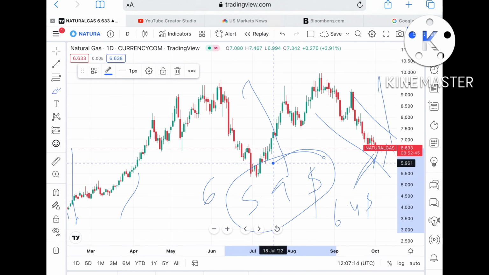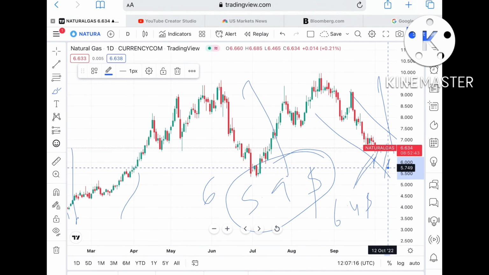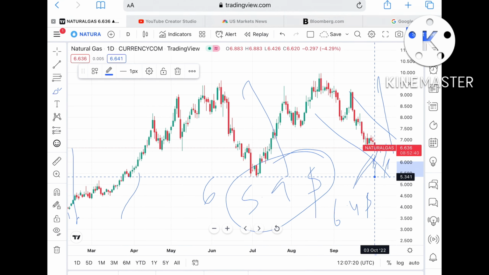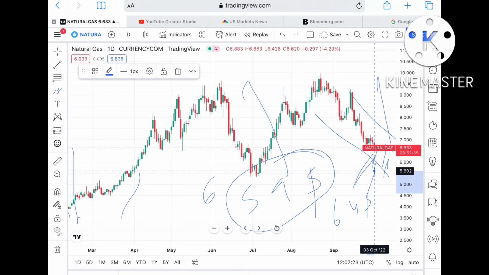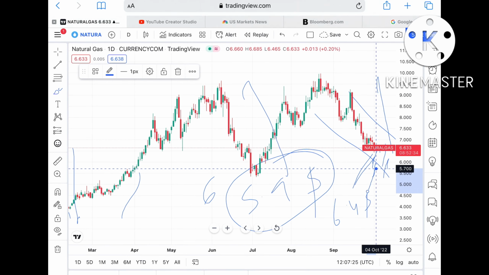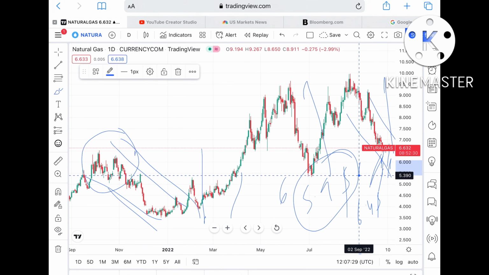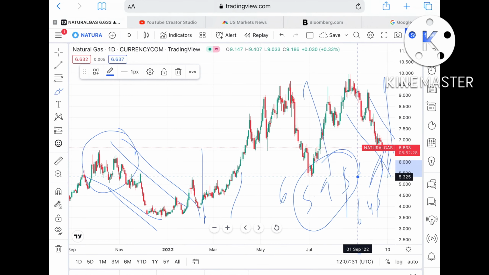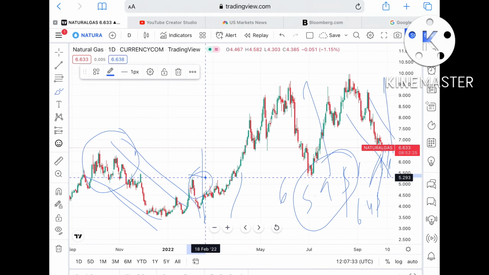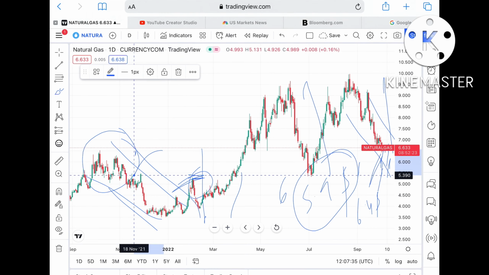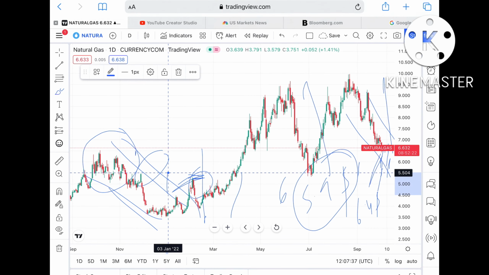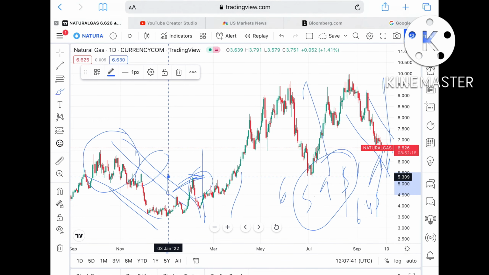And once the price falls below $5.9, there is a high probability we can see it move further down and touch a level of around 5.3. You have to understand, once the price falls to 5.9, the next resistance is coming at around 5.7, and from there we can see a probability of moving further low to touch a level of 5.3, because as you can see in this zone, support is coming at around 5.7, and from there a level of 5.5 to a level of 5.3.